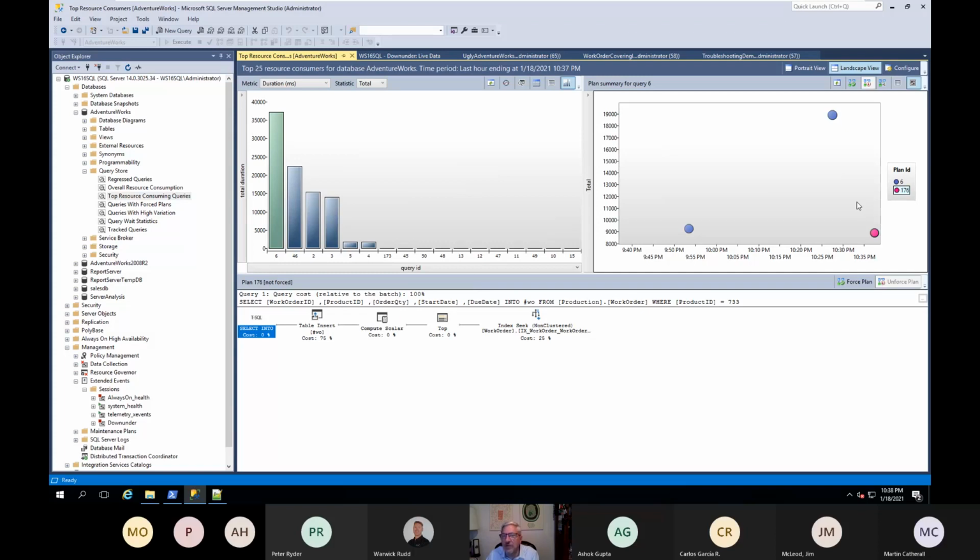So this is just one of the features of Query Store that's available to you. You've got regressed queries, overall resource consumption, all kinds of reports here that are built into Management Studio for you to use that Query Store data to identify the queries that you need to give your attention to.